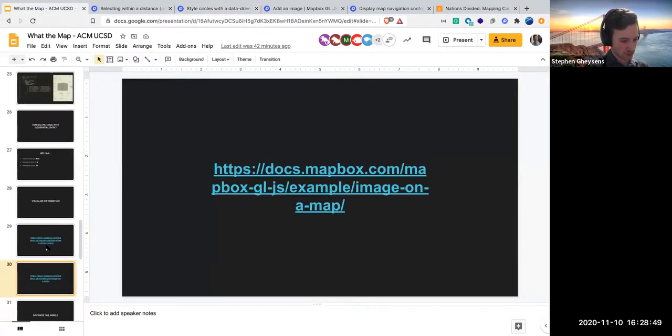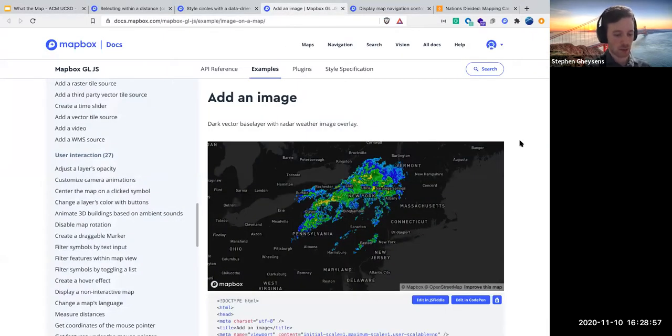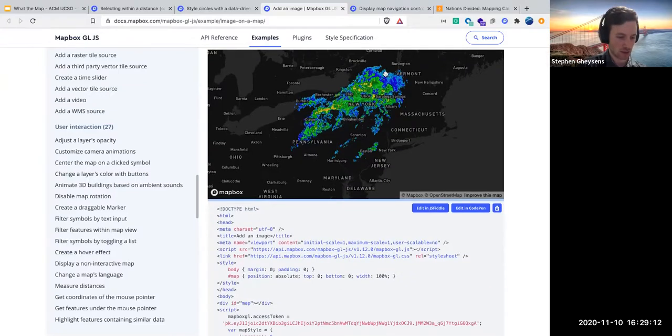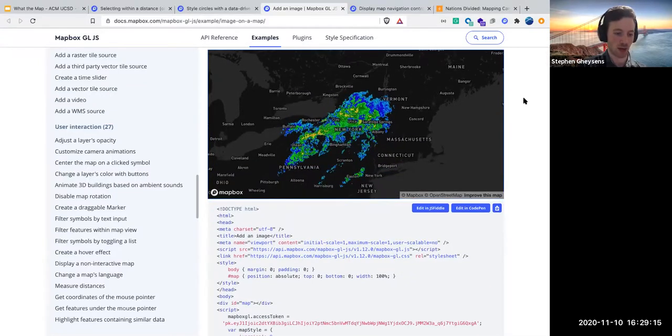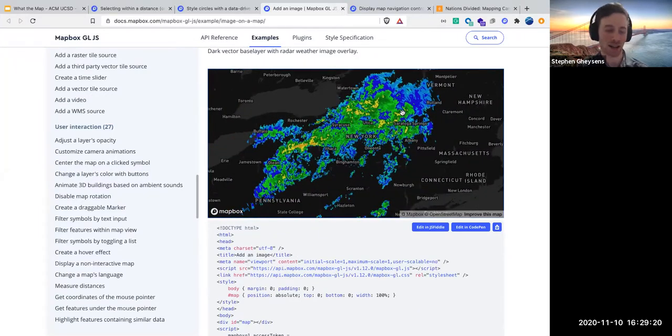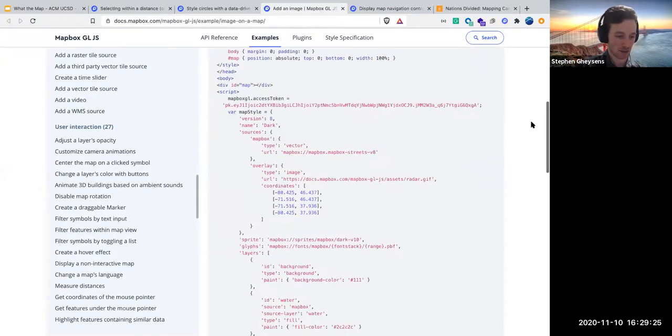So the next slide, I'll just work my way through these, is another example of data that you can overlay. If you have image data, this could be imagery captured from a drone. It could be satellite imagery from somewhere unique, or it could be weather data. So you can see in this image, you've probably seen a picture like this before, animated possibly on AccuWeather.com or the Weather Channel, both Mapbox customers, and